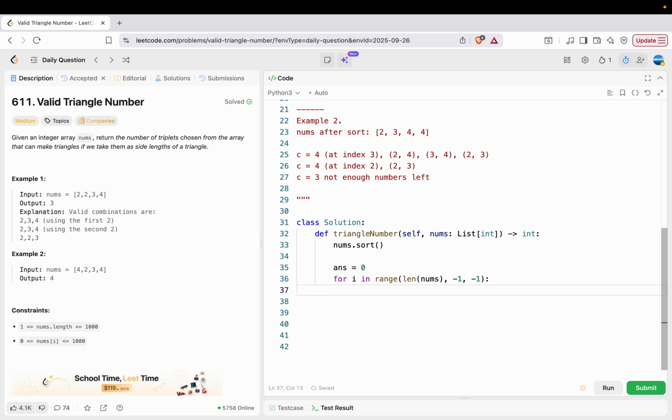I'm going to use L to be 0 and R to be i minus 1. In other words, we are going to use nums at index i to be the last number. So basically the check will be the following: while L is less than R, if nums L plus nums R is greater than nums i,